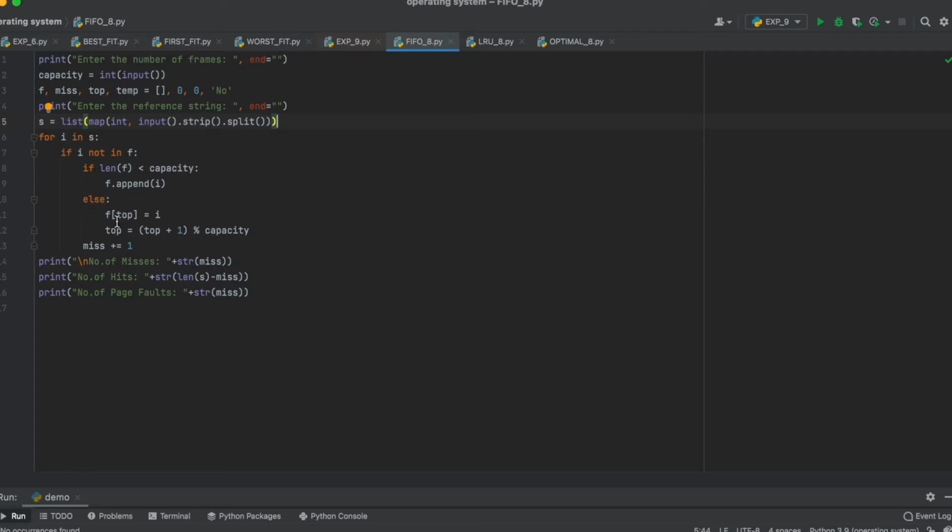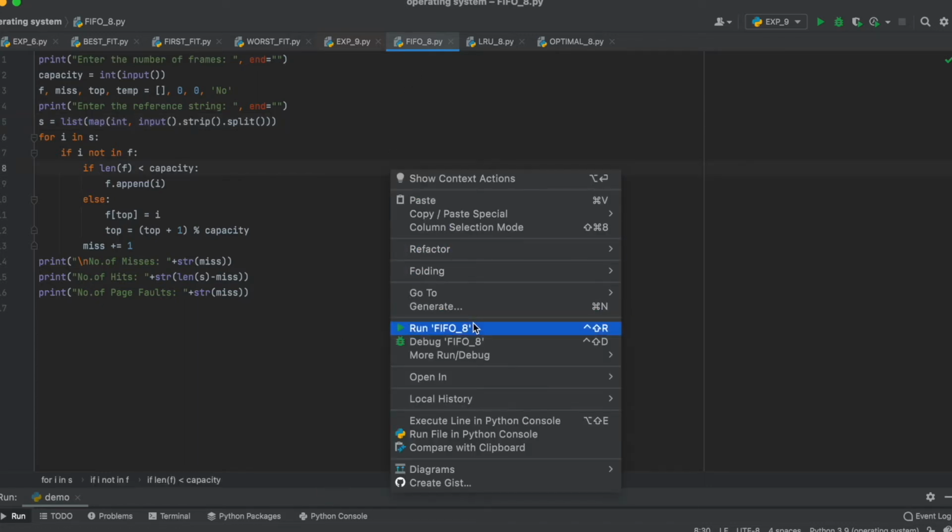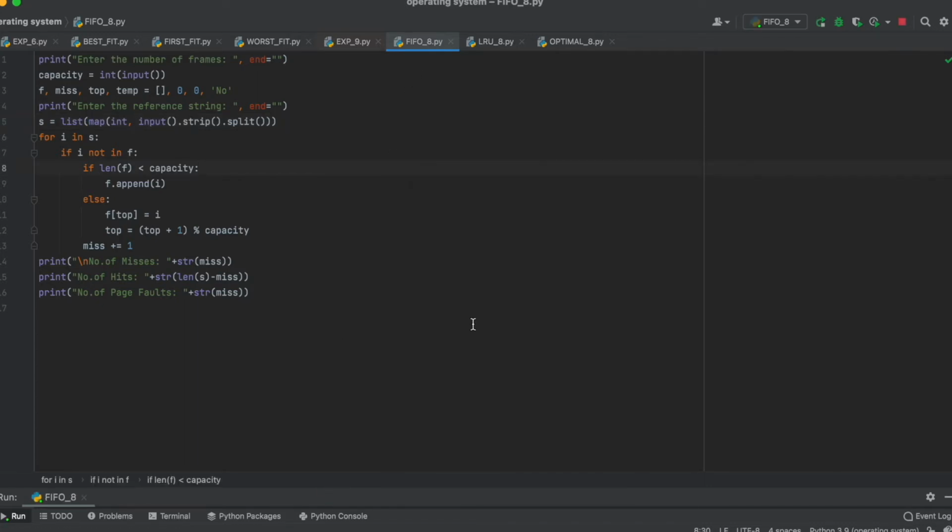Else f[top] equals i, and top equals top plus 1 modulo capacity. Next we print all the numbers: a print of string of miss, string of length of s minus miss, and page fault is string of miss. Let me execute this code and show you how it runs.